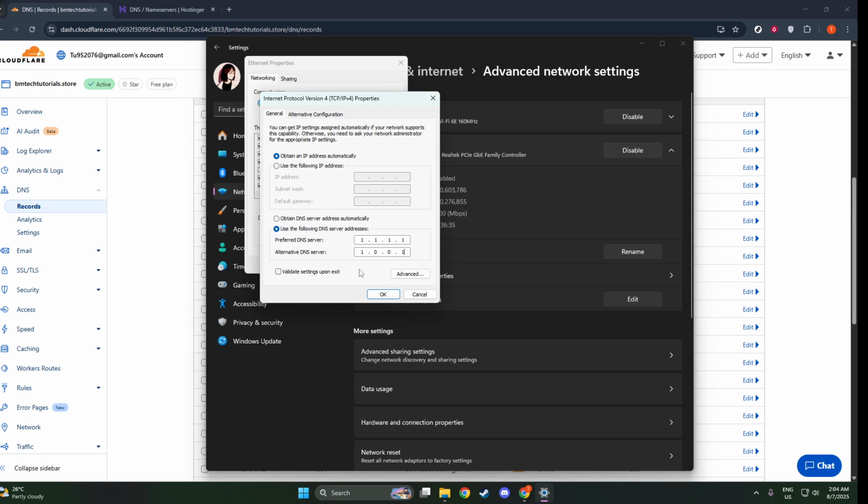1.1.1.1. Let me tell you why these numbers matter. Using Cloudflare's DNS, represented by 1.1.1.1, can offer you quicker access to websites and enhance privacy by not logging your IP address or selling your data. In the next field available, enter